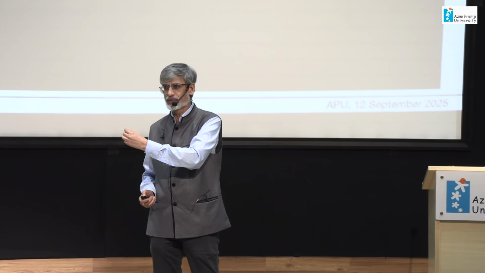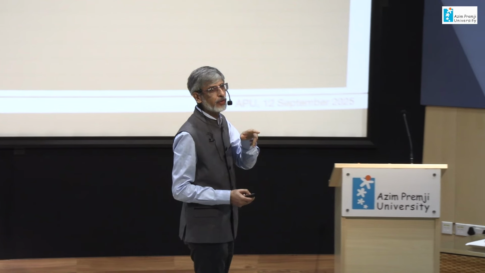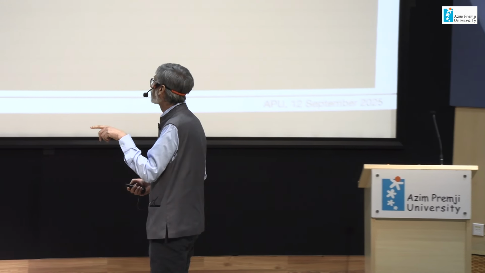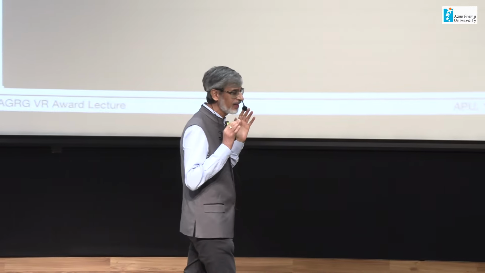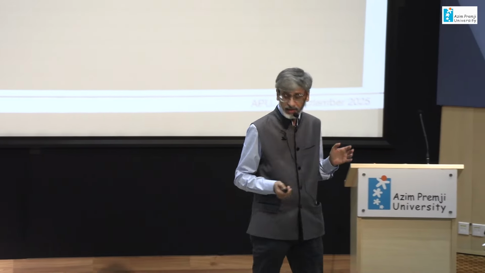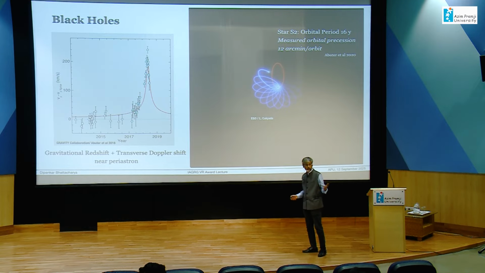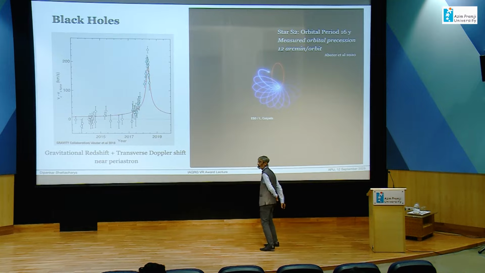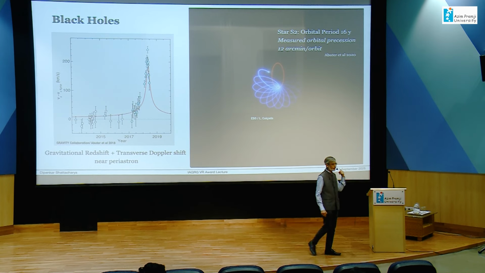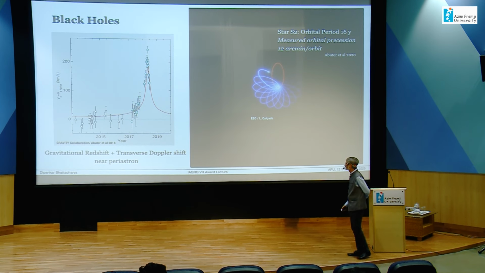One is the gravitational redshift, and the other is that when something is moving across your line of sight, there is a time dilation effect for that too. That's called the transverse Doppler effect. Both of these have a similar effect and add to the net effect, and these are both explicitly relativistic effects. They're seen in strong gravity, and you can see this excess over what would be expected if this shift was not there. And this is a clear measurement of this gravitational redshift and transverse Doppler shift. So this is another strong gravity effect which you can see from this system.